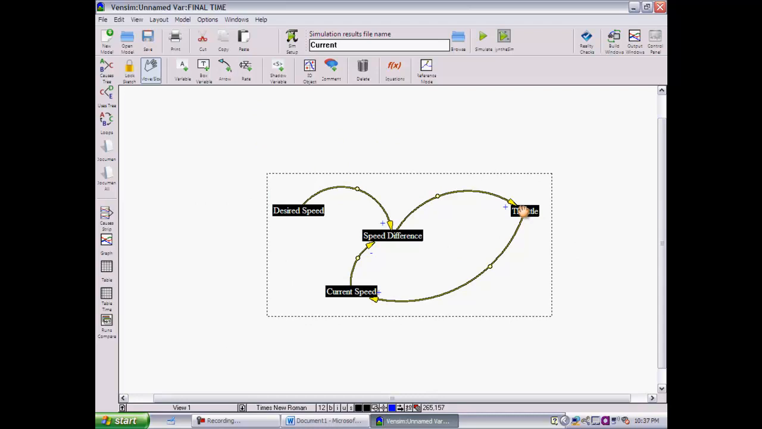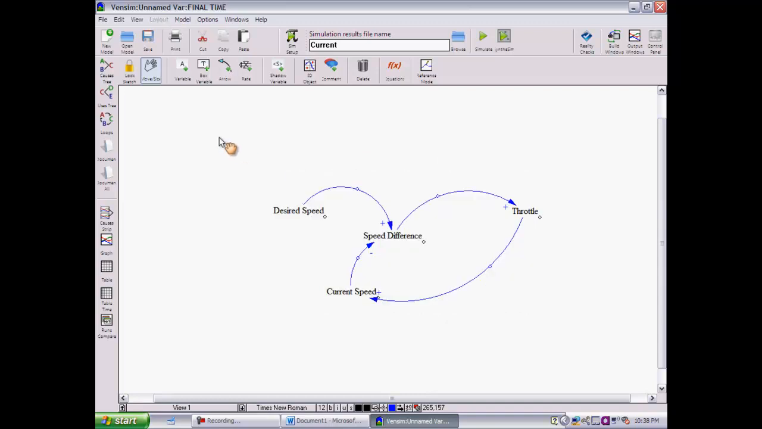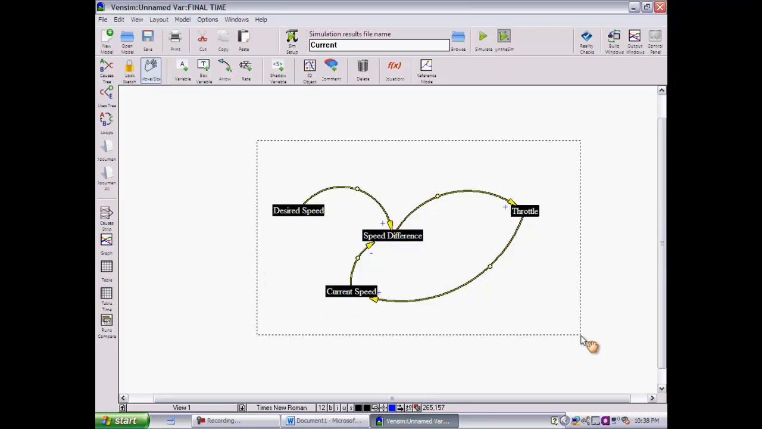Now if I wanted to capture this entire causal loop diagram and copy it over to a Word document, let's say you are preparing a homework assignment or a report and you wanted to insert this picture into your Word document, then all you would do is, again, remember I'm using this button which says move and size. I just hold my left button down and I highlight the entire diagram. Okay. And then I click on copy,